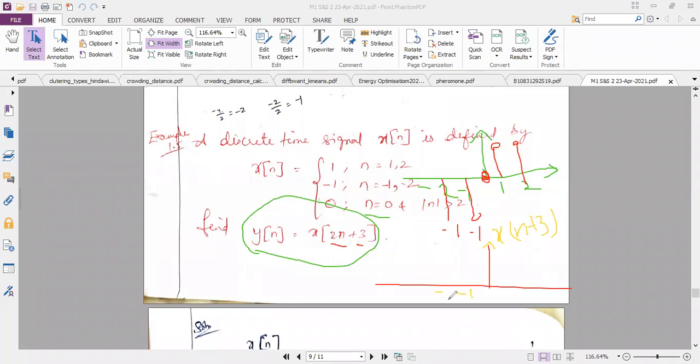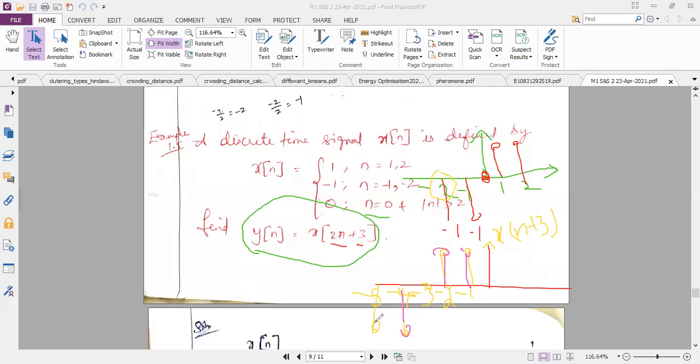So let me write the n values here. Minus 1, minus 2, minus 3, minus 4, minus 5. So can you tell me, the extreme left hand side is at minus 2 in the original question. Where will it now be shifted? Till which value? Minus 5. Okay, good. So minus 5, minus 4. Then at minus 3 it is 0, and at minus 2 it is 1, and at minus 1 it is 1. I think you can see it on the screen. I have taken yellow color. If it is not visible, I will repeat it. So I think it is now clear.